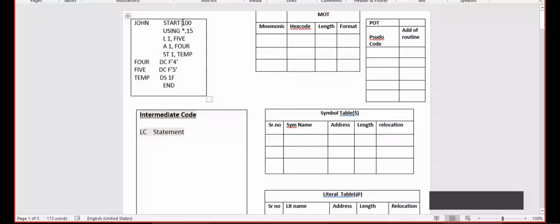So we have written 100 into LC, that is location counter.